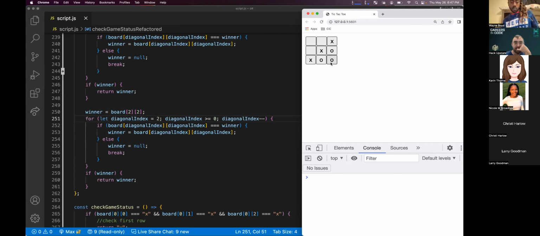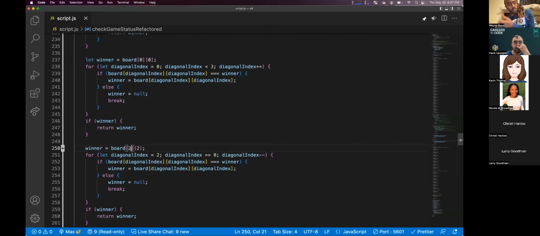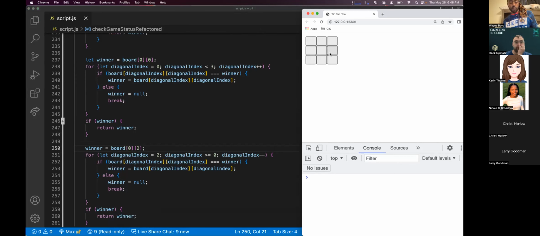Yeah, and I'm trying to check this diagonal. So I need to start it at 0,2. But then when the loop first runs, it checks 2,2, and that's not right. It needs to check.